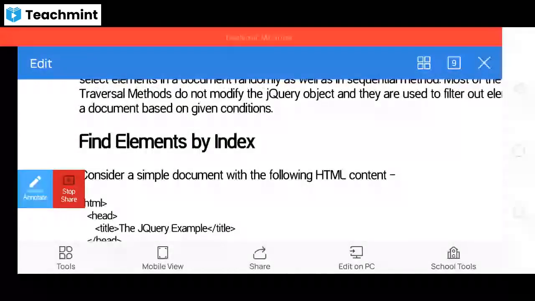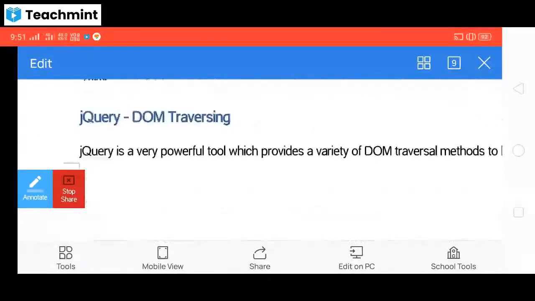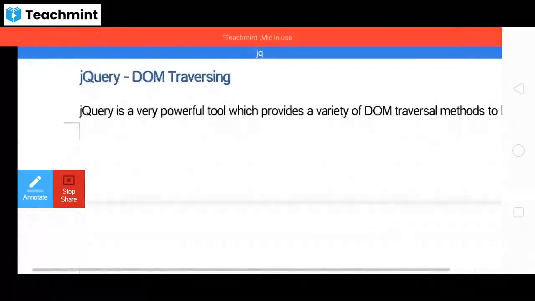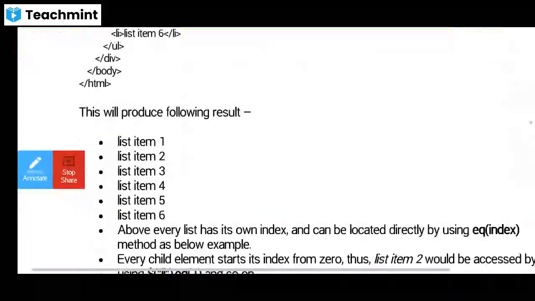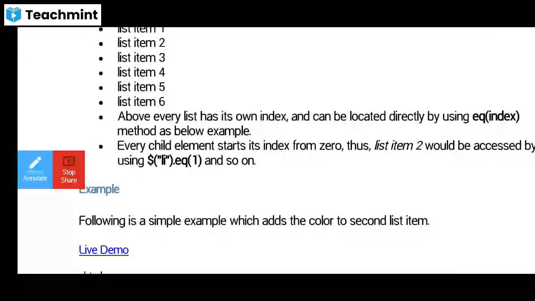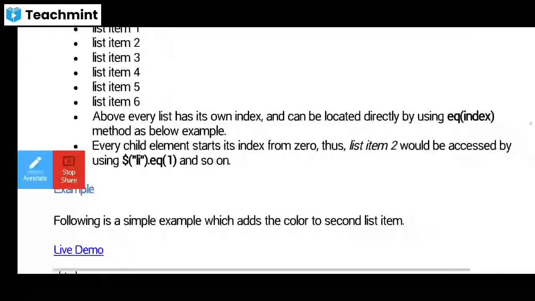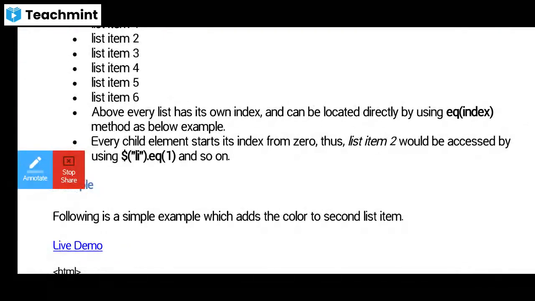So how the index is going to be arranged and all these things. Here, every list above has its own index.